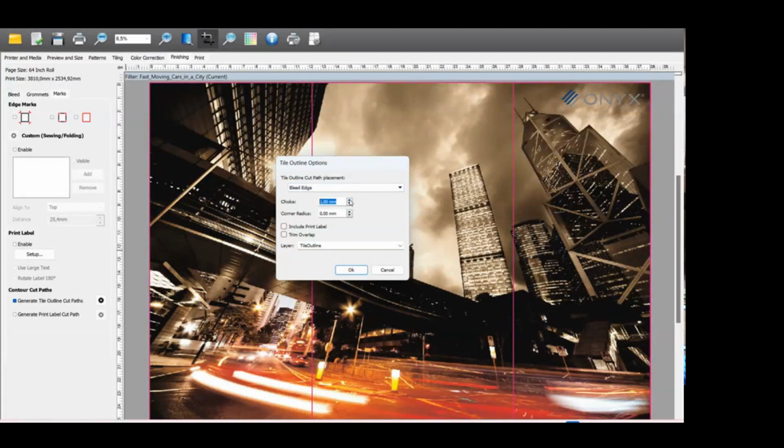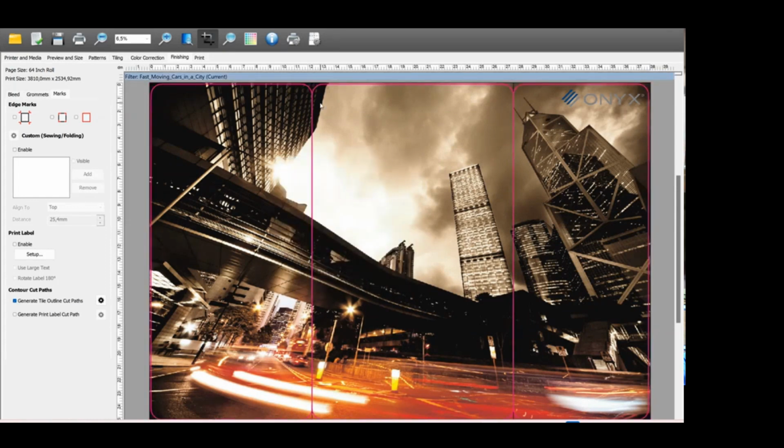Then you can choke it a little bit. You will not see it much more. Probably you can set the corner radius. Let's see, yeah, you see. So if you are looking for nicely trimmed corners around it, you can do it already here. And if it's a repetitive job, then the graphic designer will not have to do it every time, like applying, rasterizing, reprocessing a file, which also takes time, right? So if you have all the settings made here,